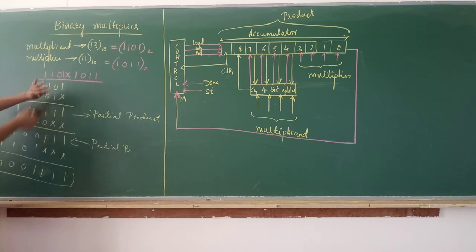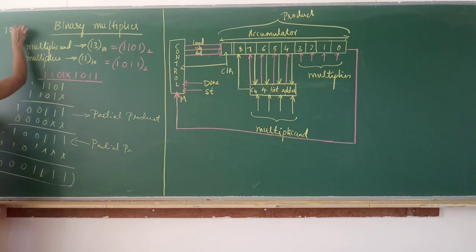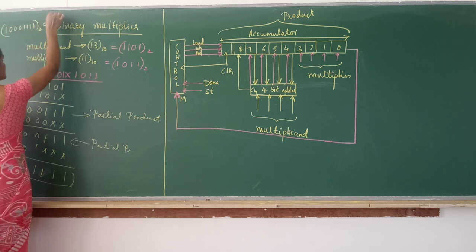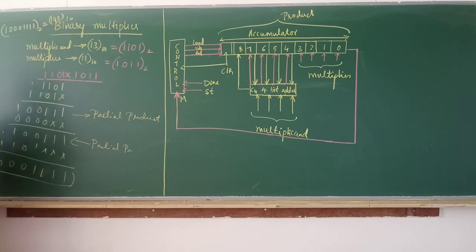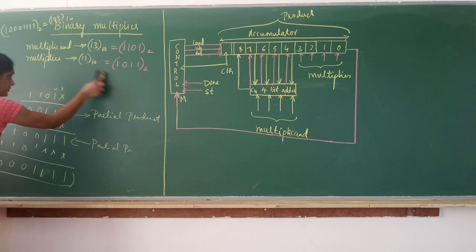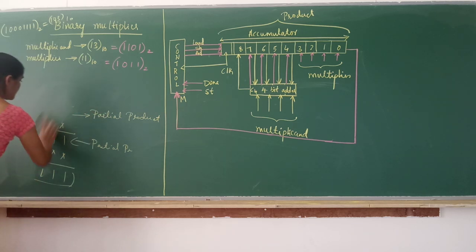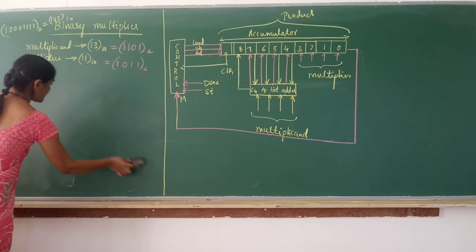Anyhow, I'll explain the same again by taking the block diagram. The same concept I'm going to explain again by taking the same example, 13 and 11. And what is the answer you're supposed to get? 10001111. We'll write it on one side. 10001111. So this is the equivalent value of 143, that is 13 into 11. Right. So now with this binary multiplication, we know how exactly binary multiplication will be done.